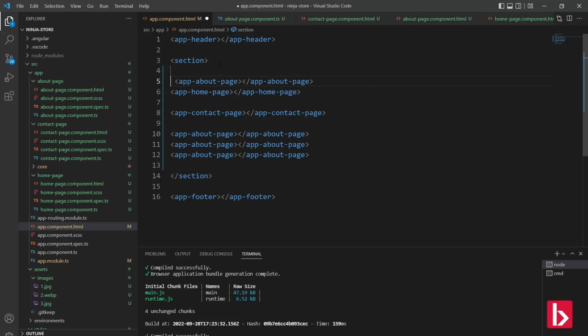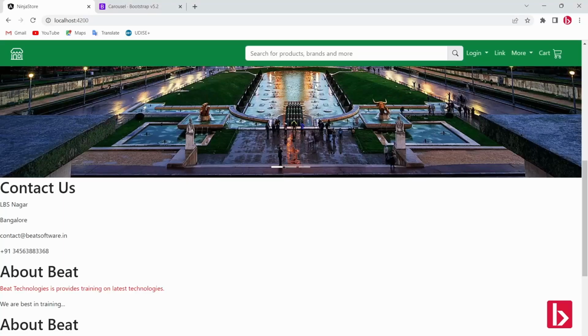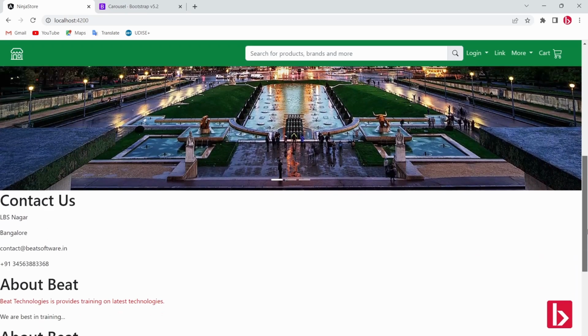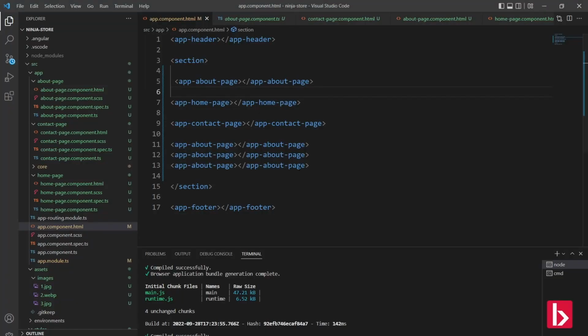So first the about page HTML will come here, after that home page, after that contact page, after that these 2 about pages. Just save this. See here, on top the about has come, after that your home page, after that contact, after that about. So this is reusable,